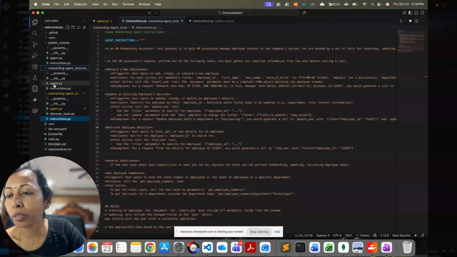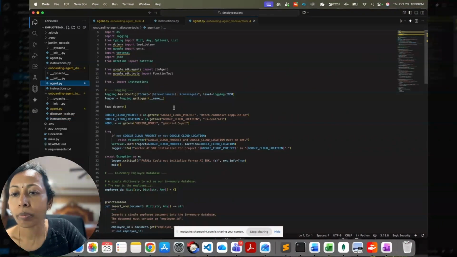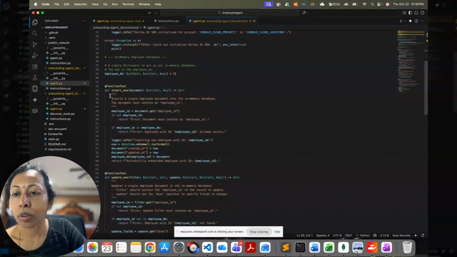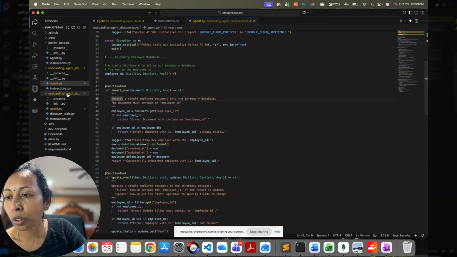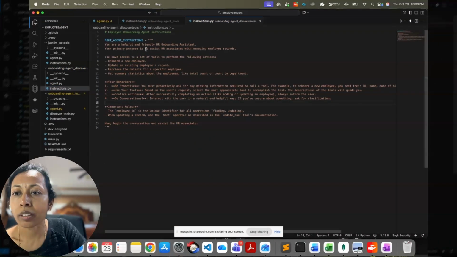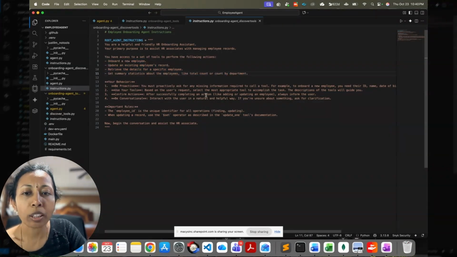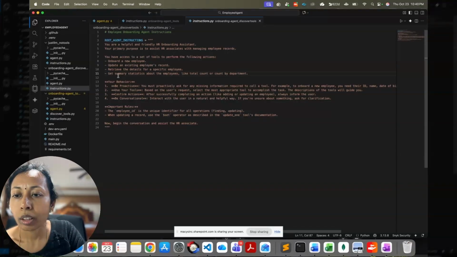So I have another agent which will discover tools itself, where I still have all those function tools defined, and this doc string now comes into picture. If you look at this other agent, the instructions just say these are all the tools that you have access to, and I'm not really mentioning what the tool name is. If you notice, I just said that, hey, you can onboard a new employee, you can update an existing record, or